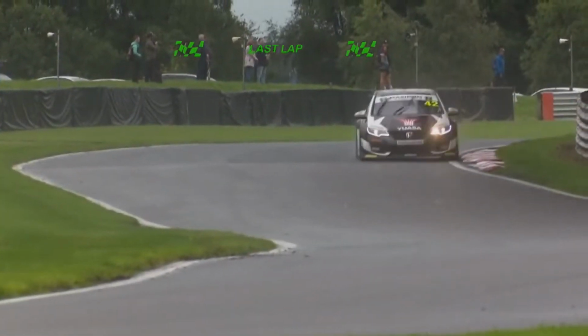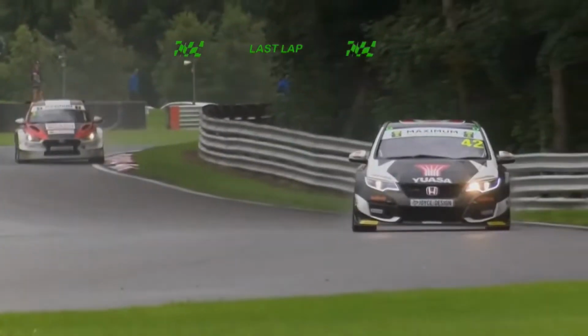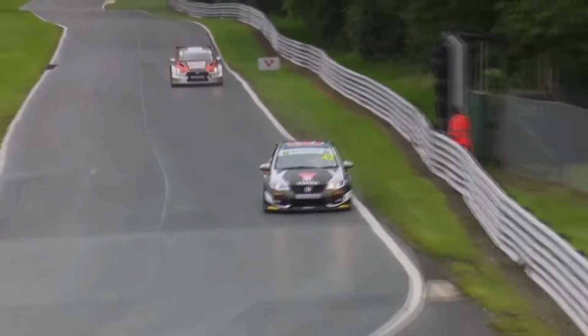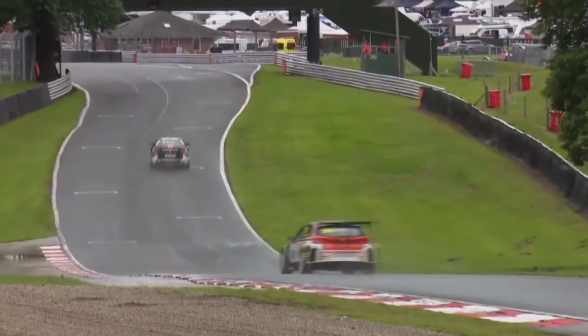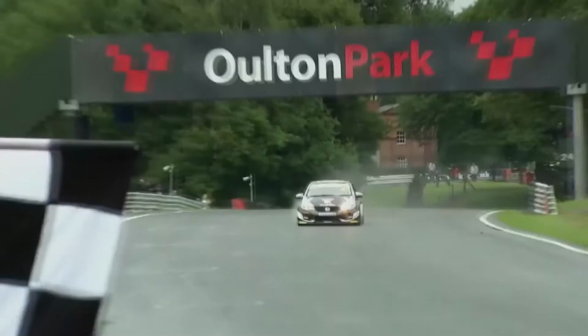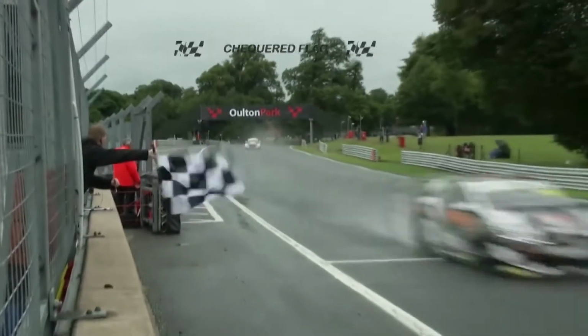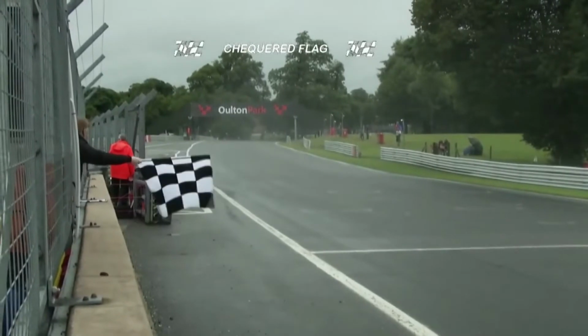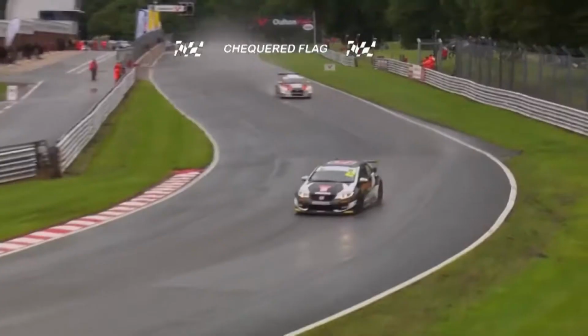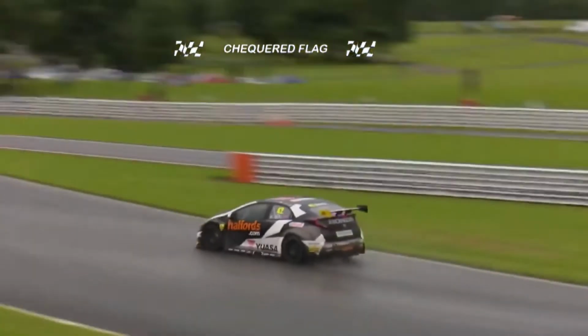Henry Neal from Lewis Kent, and Henry Neal with the new stealth livery on that Honda Civic Type R NGTC is going to take, it would seem, the first victory of the 2020 Dunlop Touring Car Trophy, and he did it in style from third on the grid. Didn't have the best grid position, but in the wet that doesn't really seem to matter too much. Over the line he comes, he takes the checkered flag, and Henry Neal is your first race winner of the year. Lewis Kent only 2.1 seconds back at the flag,